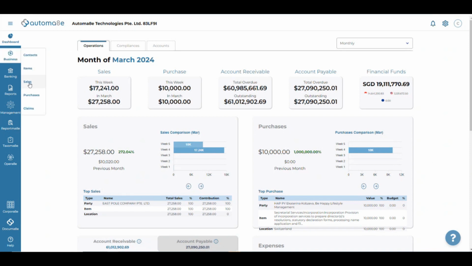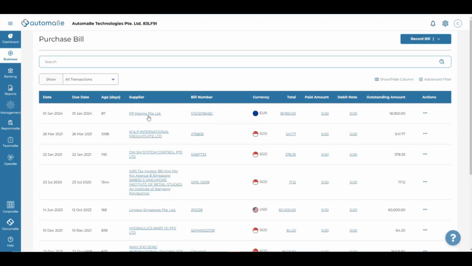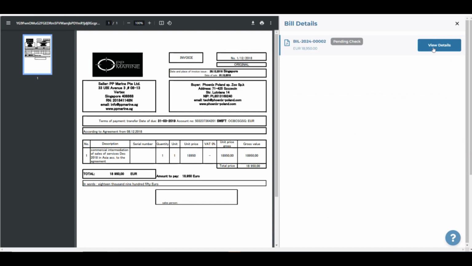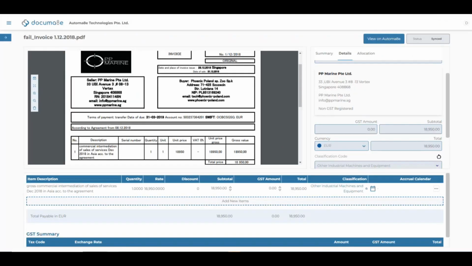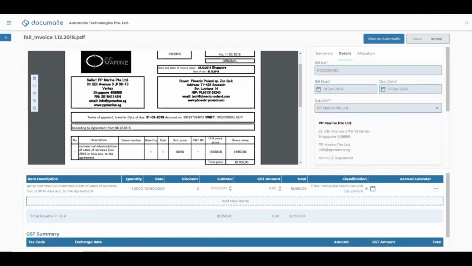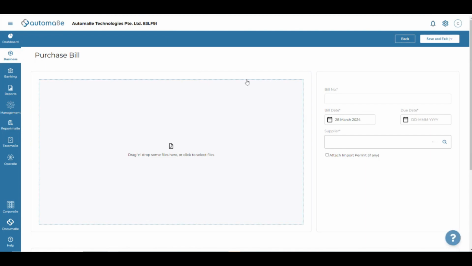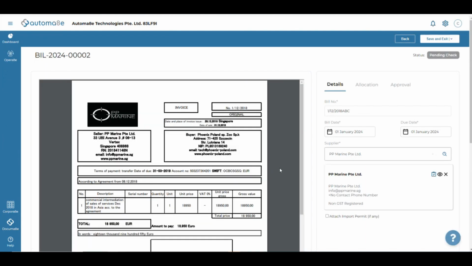For example, if a bill purchase is here, what you see in Documate over here is what we loaded just now. You see, it's also loaded here concurrently. So you can see the copy in both, and this one is linked to Automate. If you go to Documate, you see here, Documate has a view on Automate. If you click on this, you open the page where this document is synced into Automate. This makes it easier for internal audit purposes or even external audit purposes to trace to your documents in Documate.